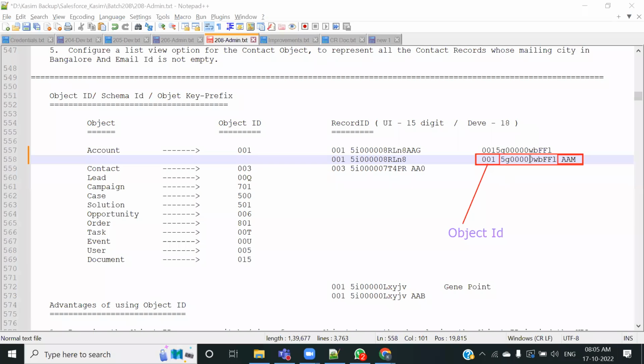And this complete set is called the record ID. Even the last three digits are also included. The last three digits are also included, and that is called the checksum. But that is also a part of your record ID. Checksum. So if you have a record ID, whether an 18-digit ID or just a 15-digit ID,